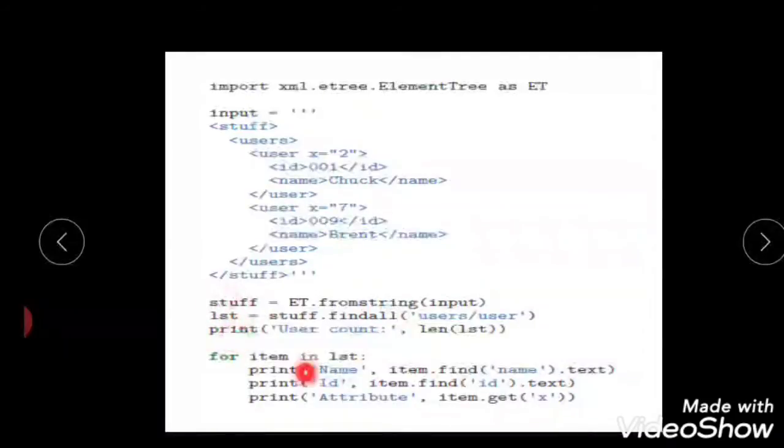Okay, so first it will be pointing to user 1. So as I can see, I'm trying to do with the name, right? I'm going to get the name as chunk. Before that I have one more thing called user count, where length of first. So your user count is 2. I will be getting this user count as 2.